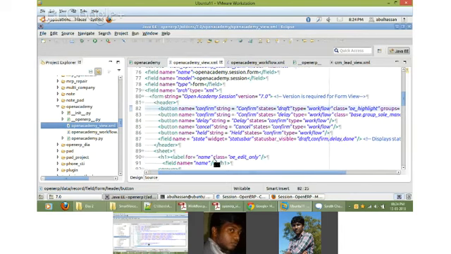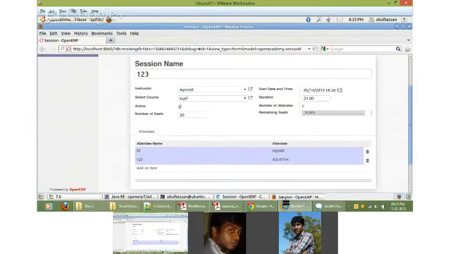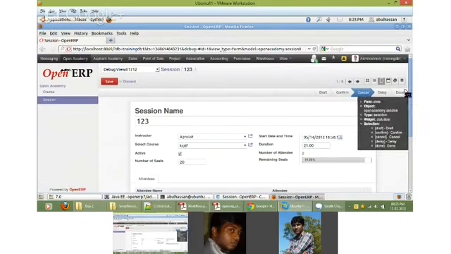Let us see, just a minute. So in the top, you can see the different states.